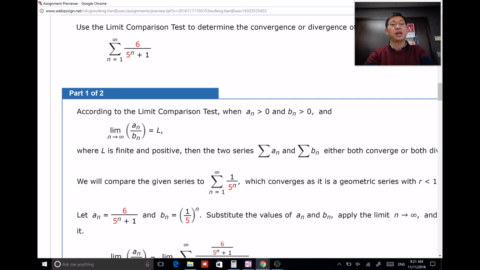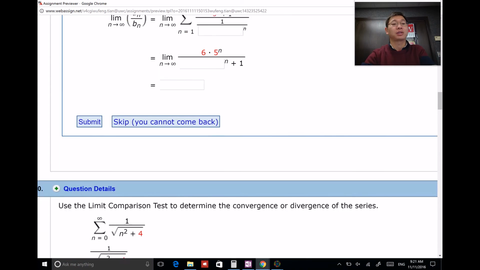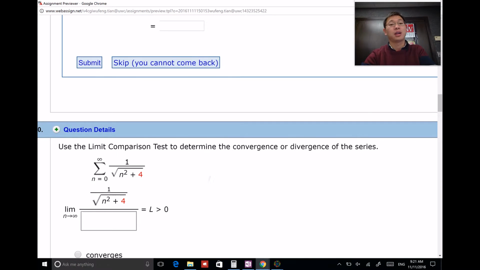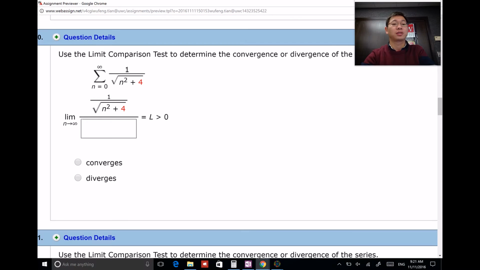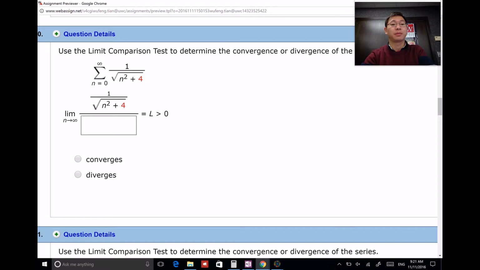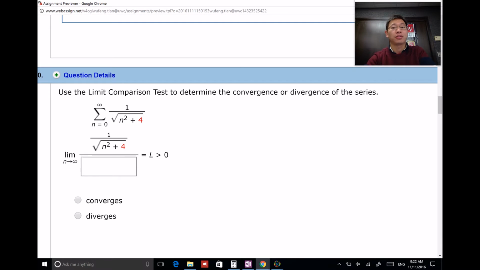For the comparison test, you just have to make sure the limit doesn't go to infinity when you compare two series. For the ratio test, you compare the same series, so you have to make sure the next term over the current term is less than 1. Okay, that's the difference between the comparison test and the ratio test. So now this one,